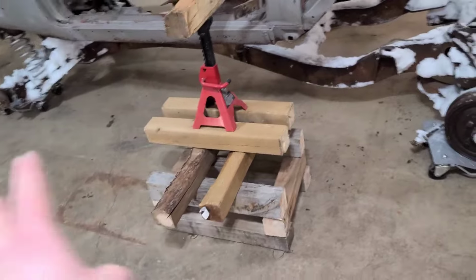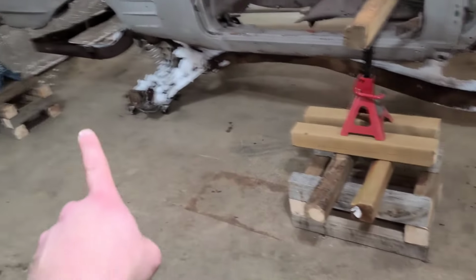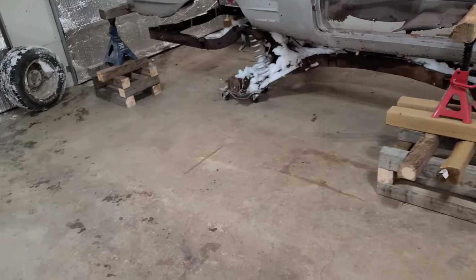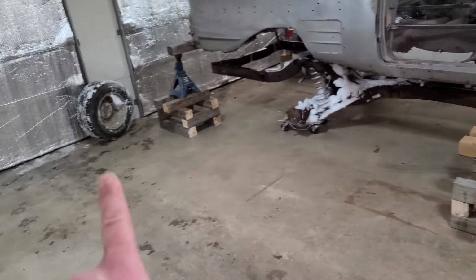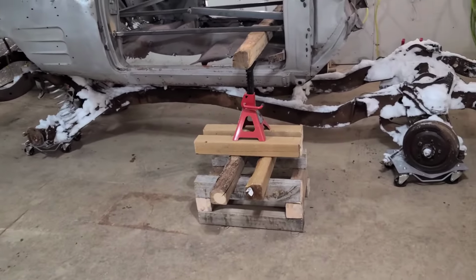Cool, before we go here guys, just to let you guys know again, for maybe the 7th or 8th time, this stuff here didn't cost me anything for me to do this little project here at home. Basically all the wood and all the 4x4 planks and stuff, you see, I basically got for free. I just kept asking different hardware stores if they had any spare 4x4s that I could use for this project. Kind of told them what I was doing, what I was looking to do, and I ended up getting about 12